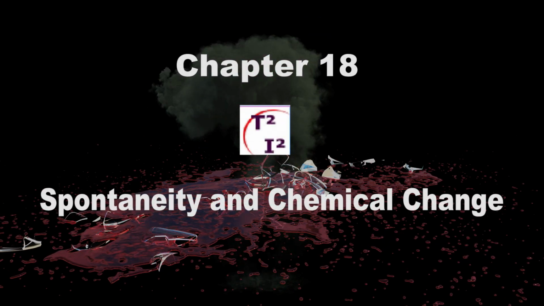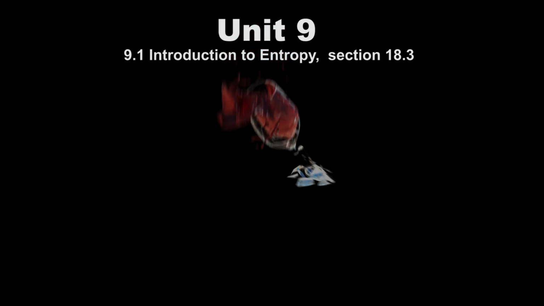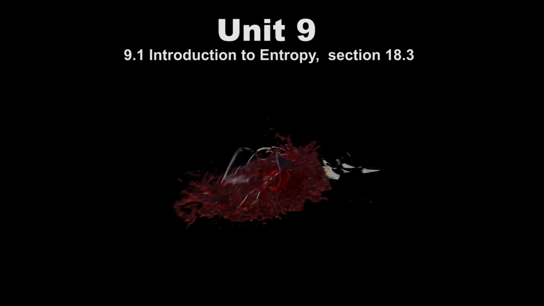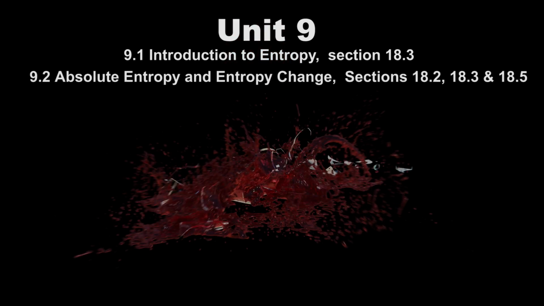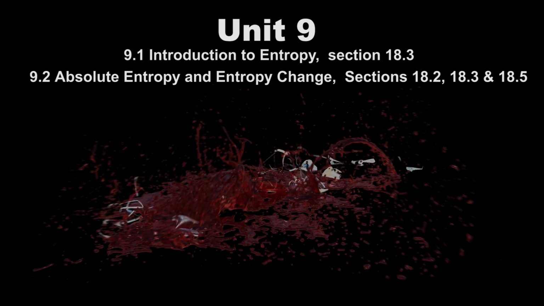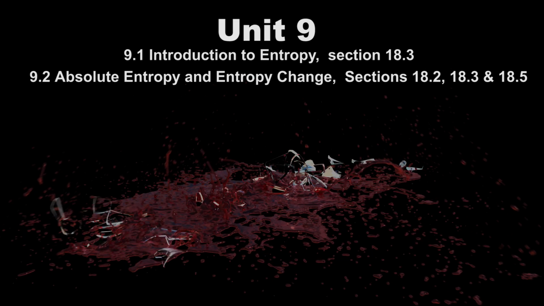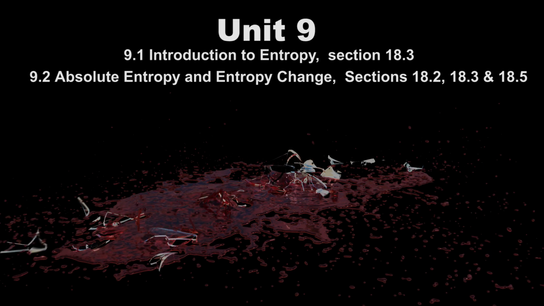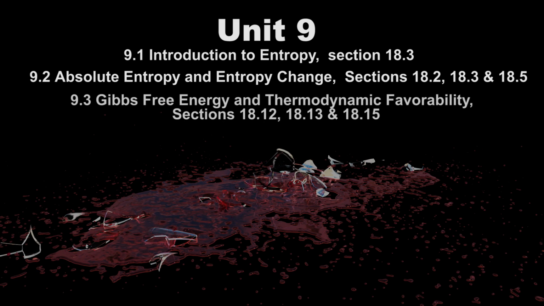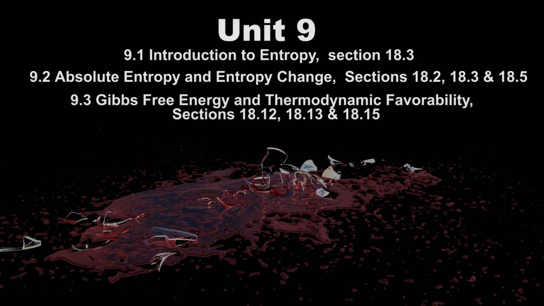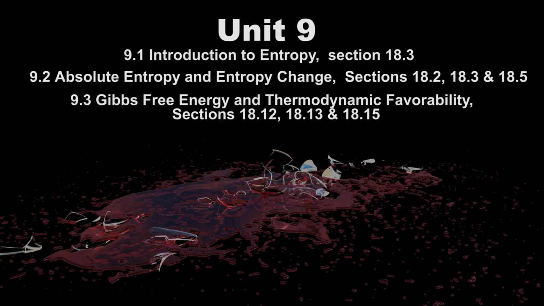Spontaneity and Chemical Change. This chapter covers Unit 9 of the AP curriculum. 9.1 Introduction to Entropy, refer to Section 18.3. 9.2 Absolute Entropy and Entropy Change, refer to Sections 18.2, 18.3 and 18.5. 9.3 Gibbs free energy and thermodynamic favorability, Sections 18.12,